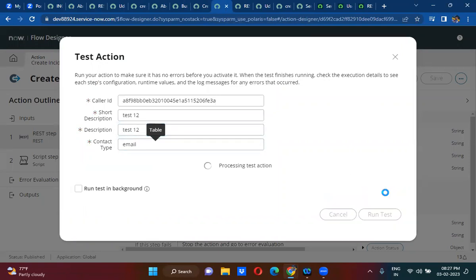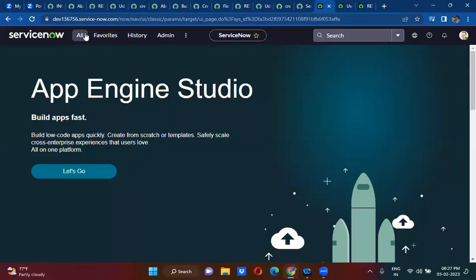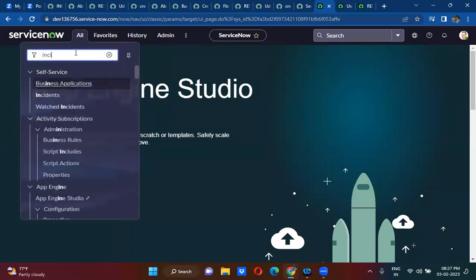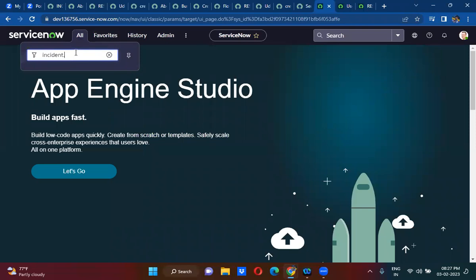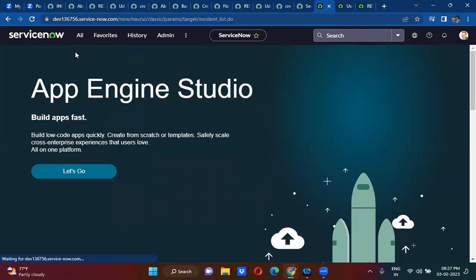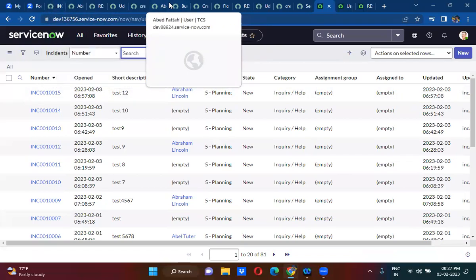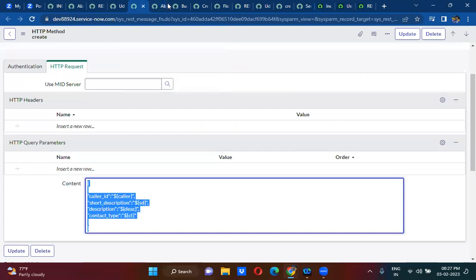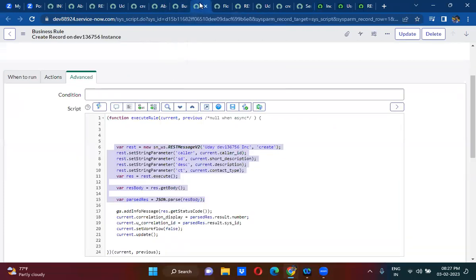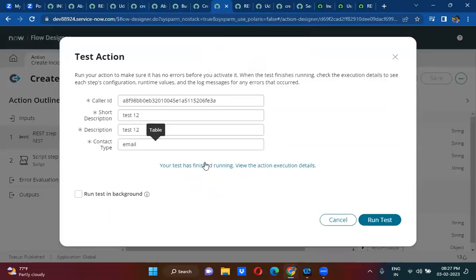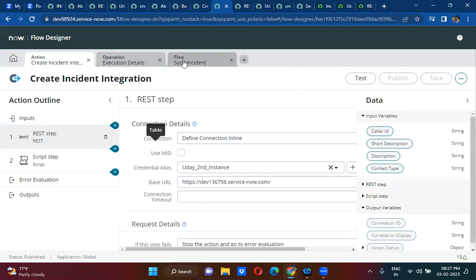Just clicking on run test here. Now we will go to the incident table here. See, this record is just created. This is actually working fine. It is able to reach the external system. I'm not really sure why we are getting 401. Okay. So this action is working fine. Somehow in the flow,